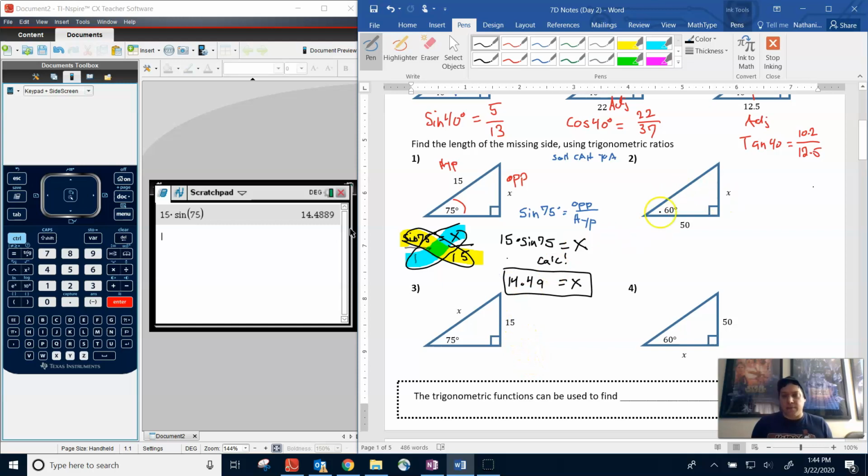So let's look at another one. Let's look at this one here. Once again, we're looking from 60 degrees. Well, first things first, label. What did they give us to work with? They gave us this 50, which is our adjacent, ADJ, and they gave us this x here, which is our opposite. So I only have these two pieces to work with. We don't really care about this side because we're not really interested in it. So then which one uses opposite and adjacent? O and A would be tangent, TOA. So then we know this will be a tangent equation. It will be tangent of 60 degrees, because we're looking from that angle, is equal to the opposite divided by